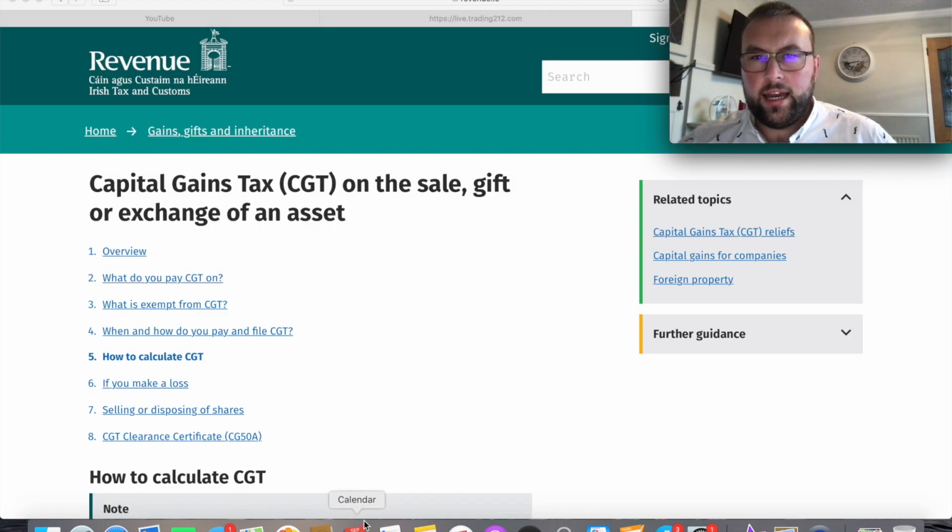And just a third point, which will be very useful for people because I got a lot of questions over the last year in terms of paying and calculating CGT. Especially here in Ireland, it's very difficult to find any proper information, even on revenue.ie, which is extremely surprising considering that's where you need to pay. But we have an exemption here in Ireland of €1,270 capital gains, so any profits exceeding this we need to pay capital gains tax on. I'll make a video down the line when I'm actually paying this, because I do believe it will be helpful for everyone. So now let's have a very brief discussion on why I sold these stocks / ETFs,